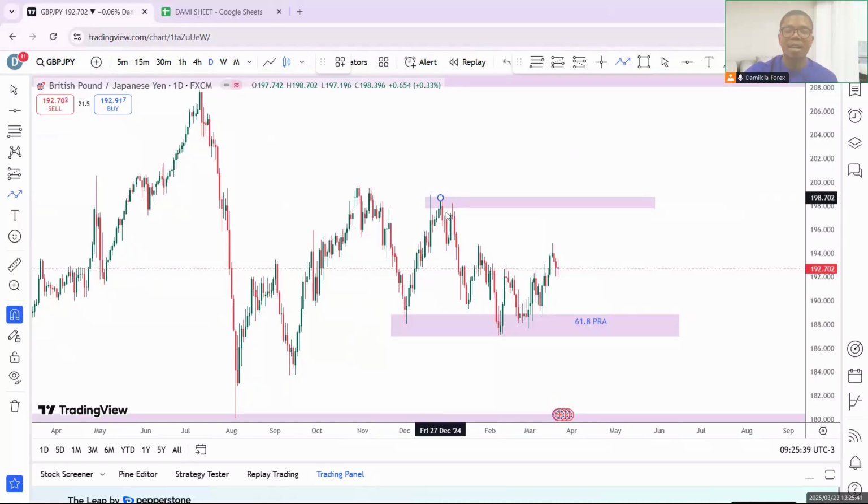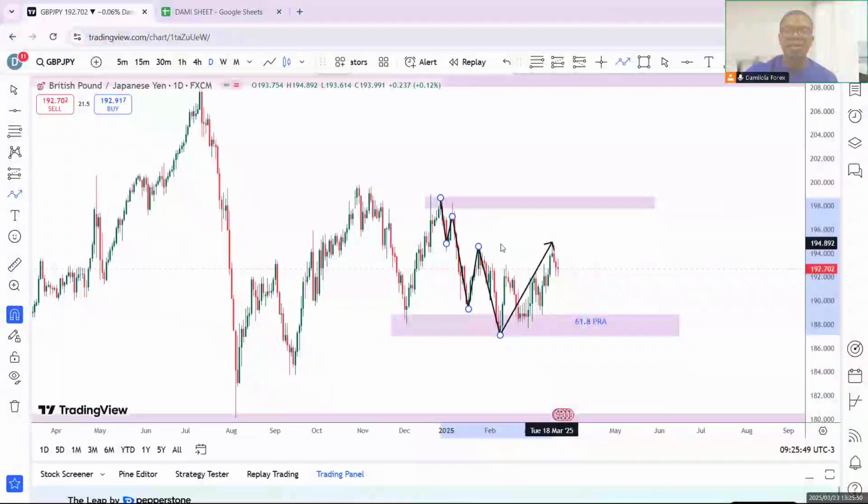Okay, and let's take it from this high here. So here we can see price make a push and exhaustion. Then we can see price make a push and exhaustion, then we can see the push. Then, interestingly enough, this last lower high here has gotten broken on the 1 hour time frame,